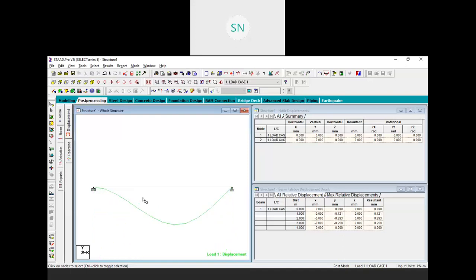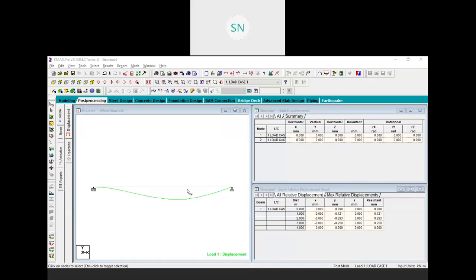Scale it only as much as is suitable and properly visible. So here we have 0 displacement at the starting position, and 0 displacement at the ending position also. You will find that in the table. See, at node 1 we have 0 displacement and at node 2 we also have 0 displacement.